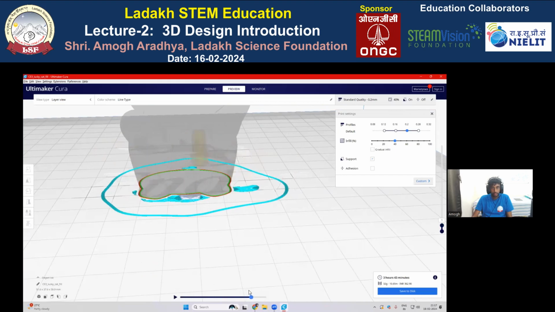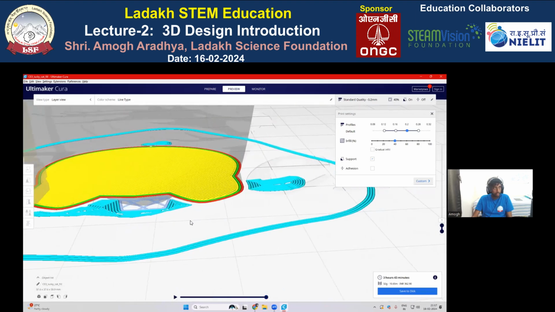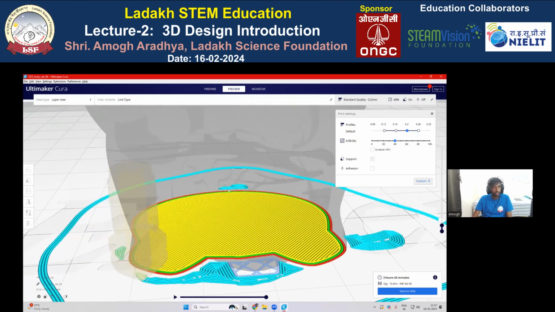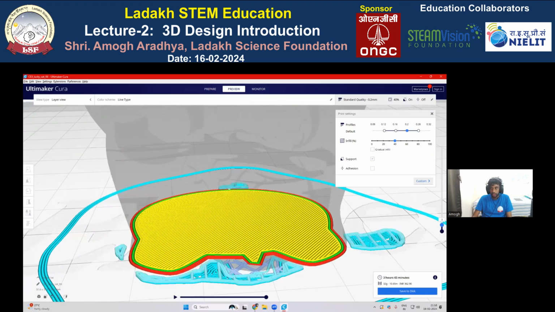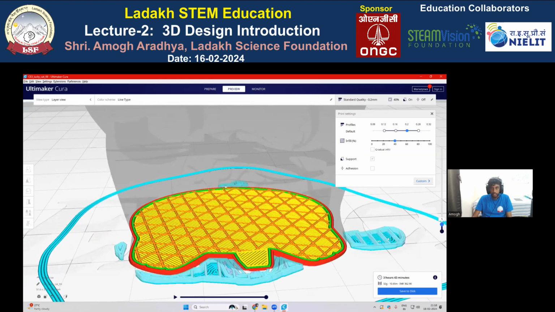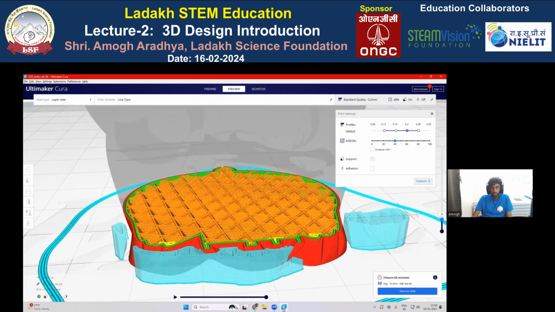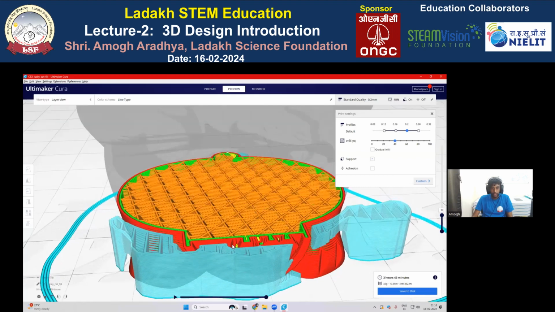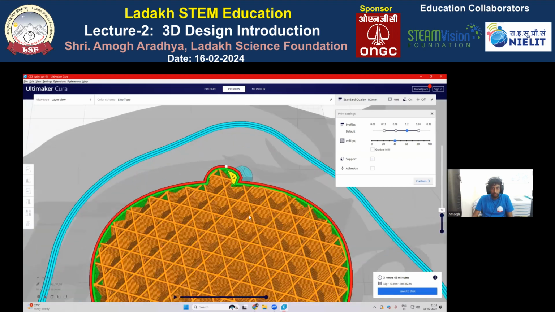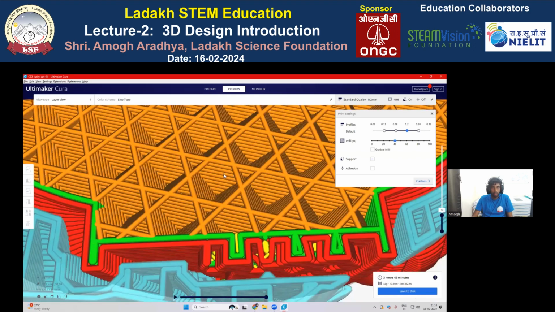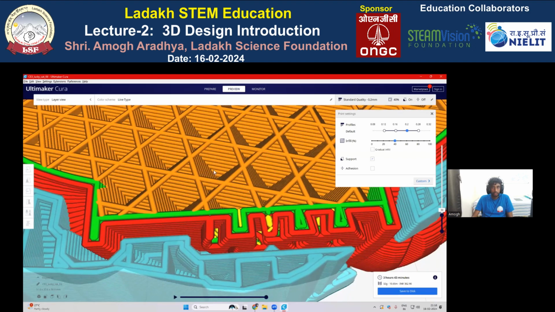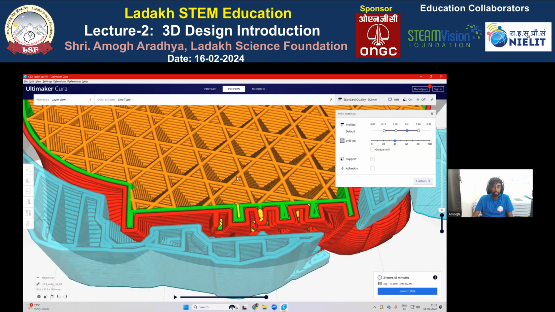So this first layer will happen, and then this is how the second layer looks, and it will slowly start building up. And if you can see inside of this, it is hollow. So since it's hollow, it requires very less material, and the part which will be printed will be very light